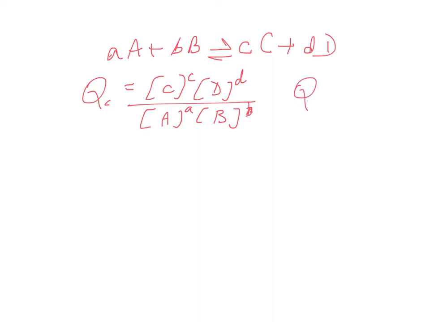And likewise, you can write down a QP, which will be PC to the power of C, PD to the power of D, over PA to the power of A, PB to the power of B. And so in that sense, you can say that the difference between reaction quotient and equilibrium constant is just this,